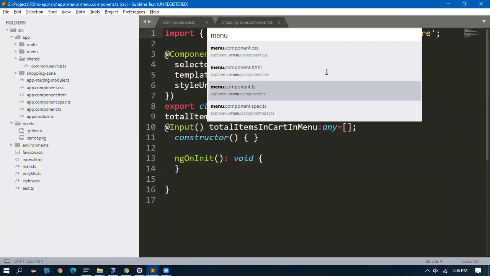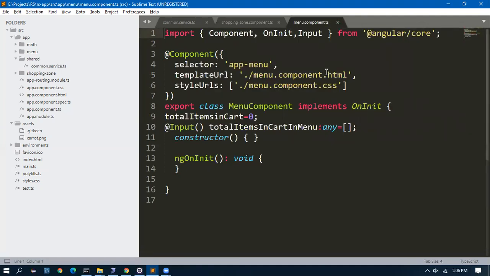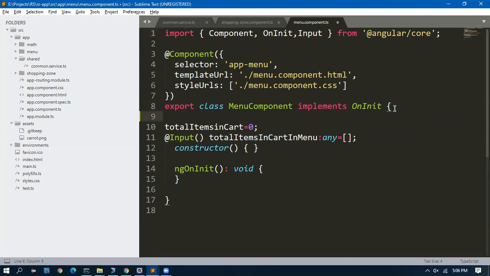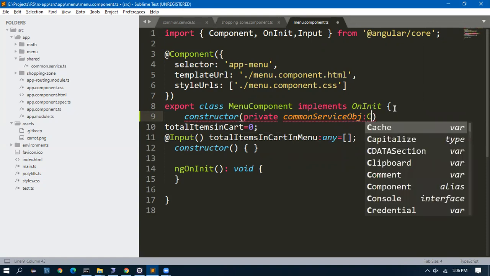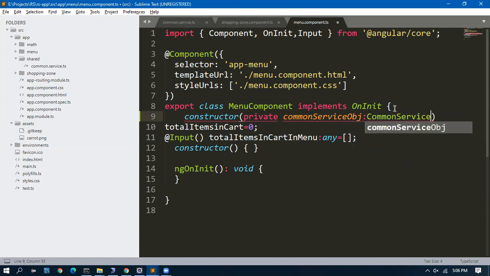So what we do is very simple. We go to this component. Here also we have to access the common service. So as I said, we have to give it in the constructor: private common service object, common service. And where is the common service?